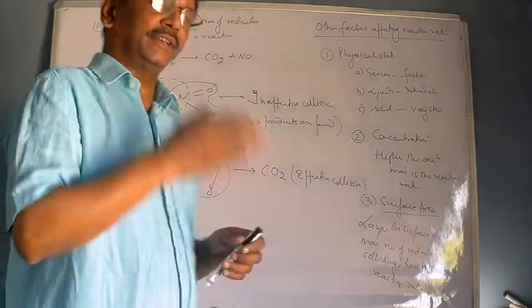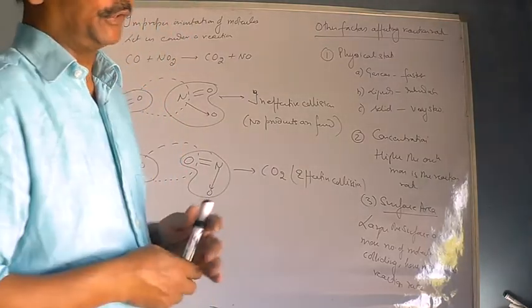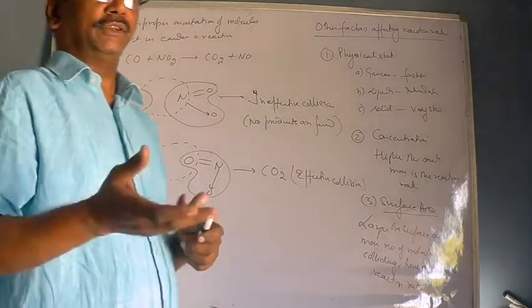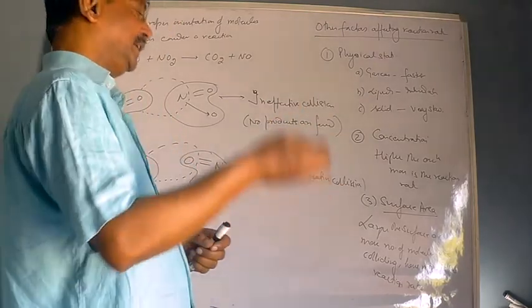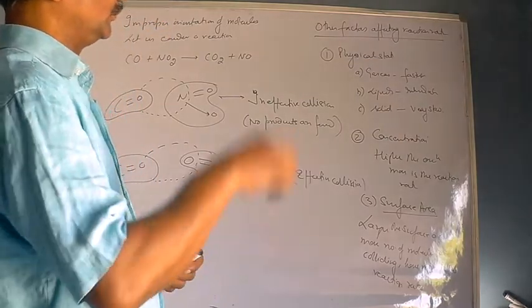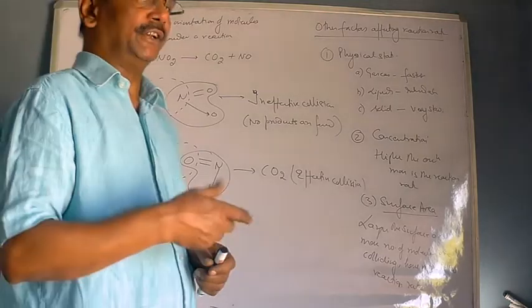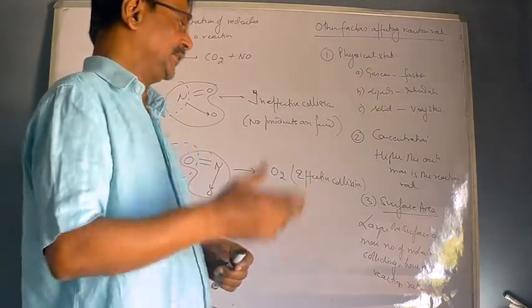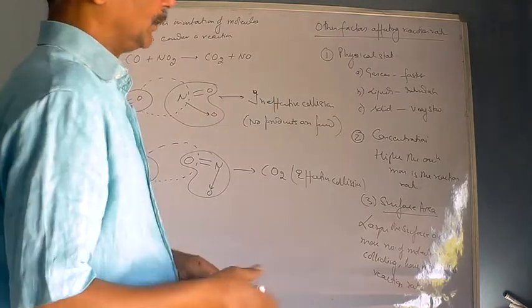But if I cut this iron nail into small pieces, the surface area increases, and as we have seen in the case of copper turnings, or even iron turnings, as soon as you put them in sulfuric acid or hydrochloric acid, they immediately vanish. The reason is that the surface area has been increased, and therefore the reaction rate also increases.